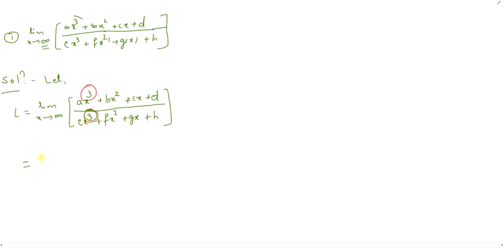So let us see what happens if we take it outside as a common factor or if we divide both numerator and denominator by it. ax cube plus bx square plus cx plus d upon x cube. Now the denominator, ex cube plus,